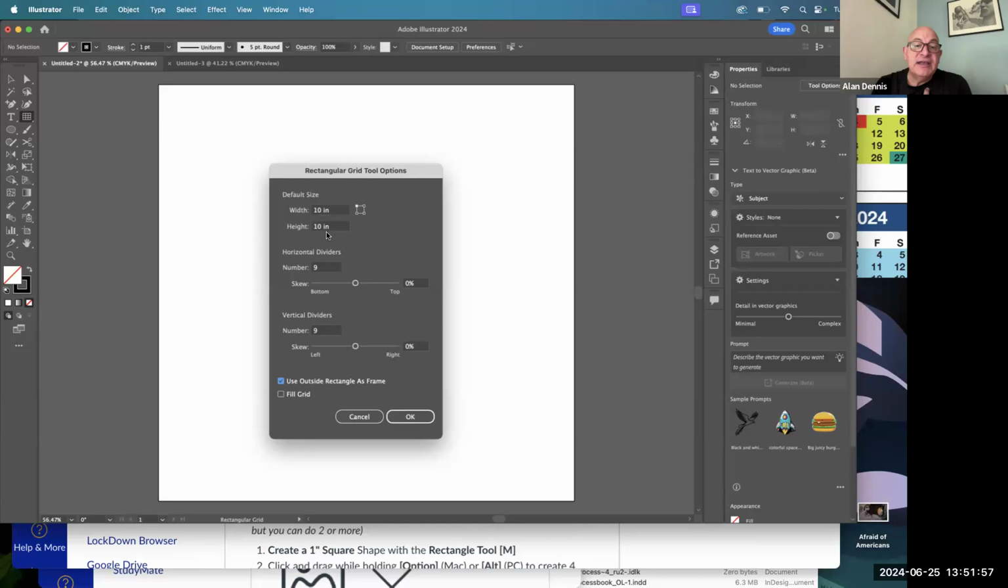10 inch by 10 inch. If it says 10 px, that's pixel. It's going to be teeny tiny. If it says 10 pt, that's points. It's going to be teeny tiny. That means you didn't listen to me or watch this video, in which case you're not going to hear this. And your file's going to be wrong, and you're going to wonder why it didn't work. And I'll say, well, you didn't watch the video, and that's why. Or you didn't read the instructions, which this is also in the instructions. So anyway, this is what you want: 10 inch by 10 inch, 9 dividers,